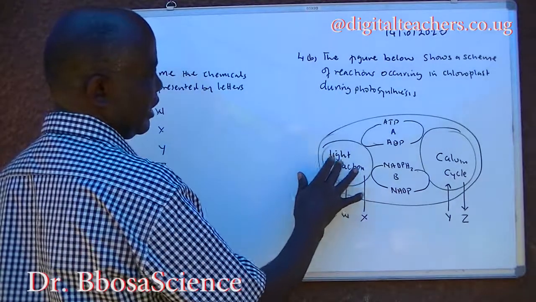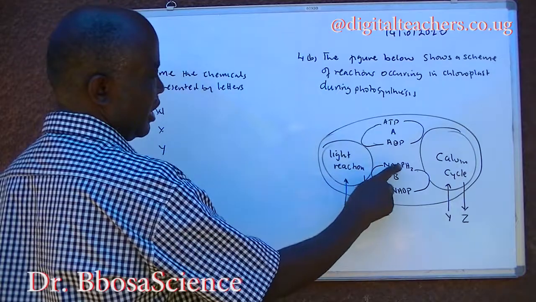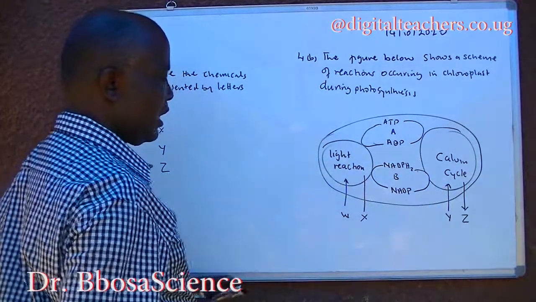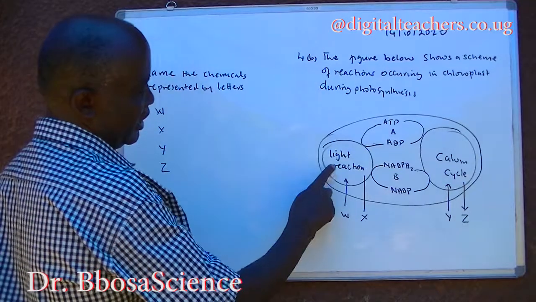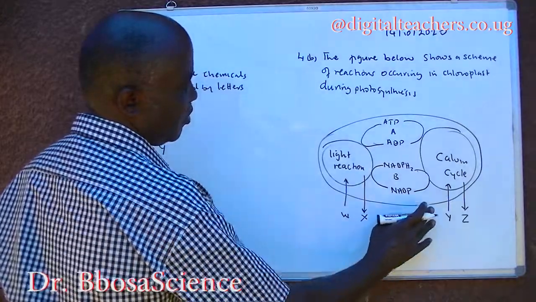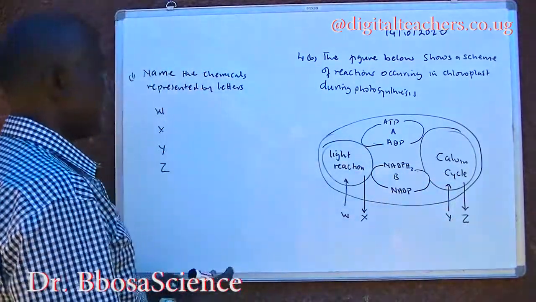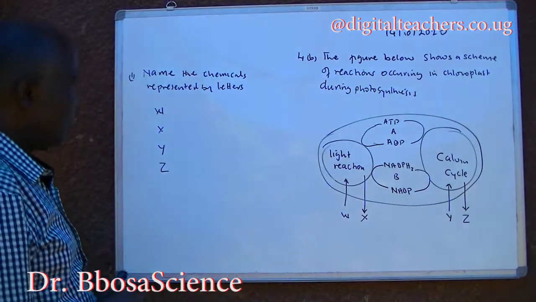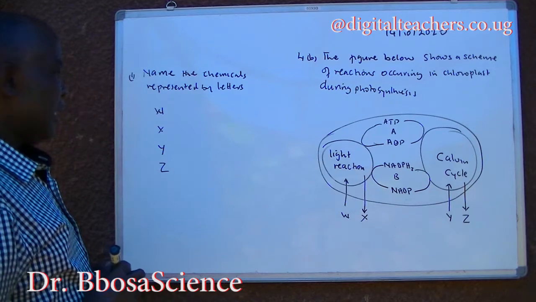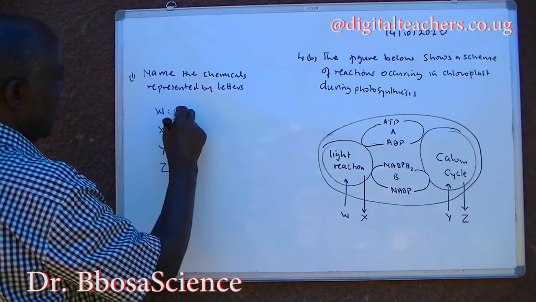Light stage, ATP, NADP. B, NADPH, NADP. Then Calvin cycle. W is taken in, X is given out, Y is taken in Calvin cycle, Z is given out. 1. Name the chemicals represented by the letter W. W is water,